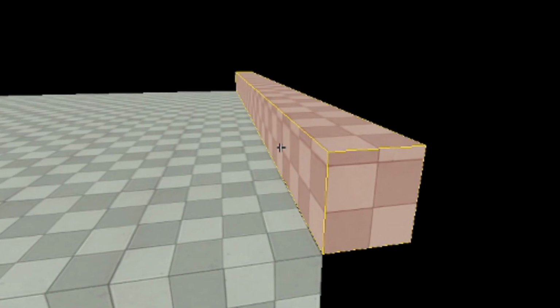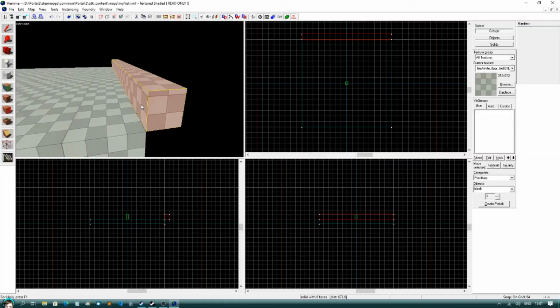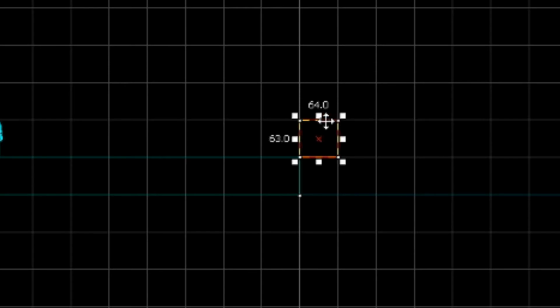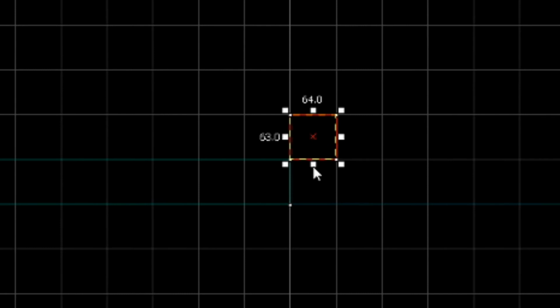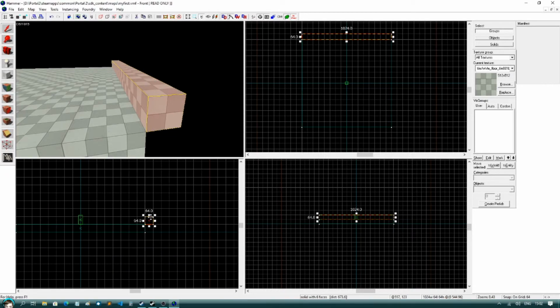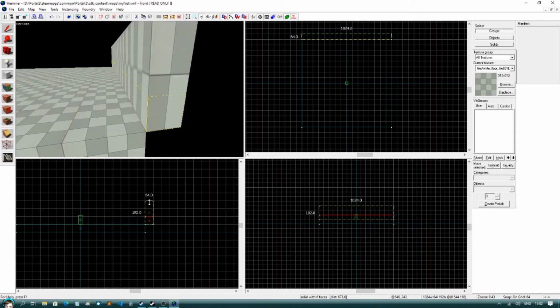And that's not really a wall though, is it? Well, it kind of is. It's just really, really small. And that's not exactly what I want. Yeah, it's 64. Why is that? There we go. I want it to be 64 by 64 exactly. I don't know why it's doing that. Bit strange. So I'm going to move this up to about